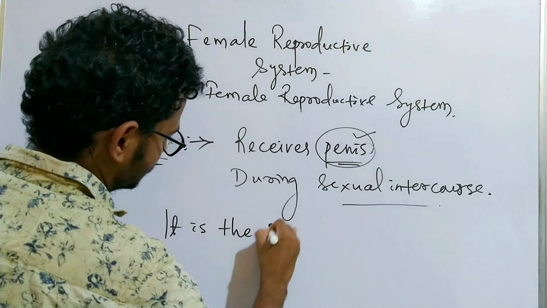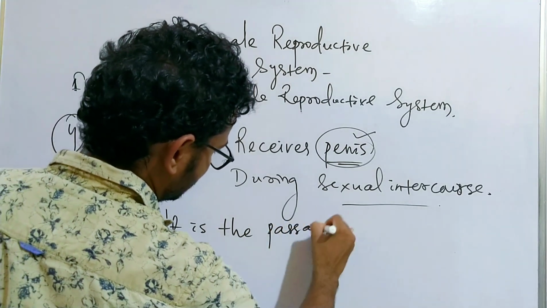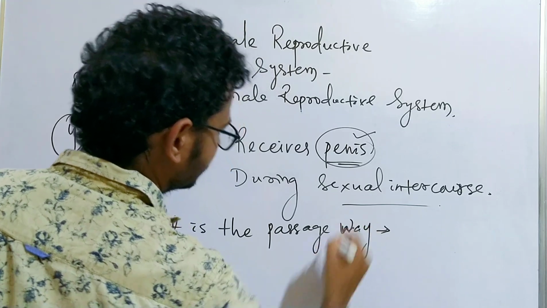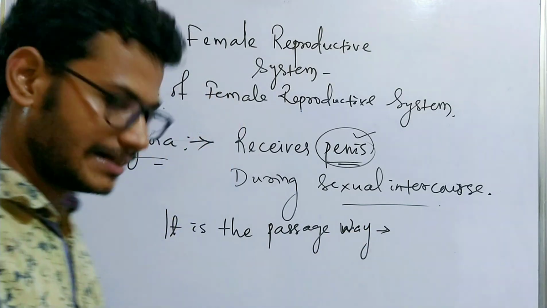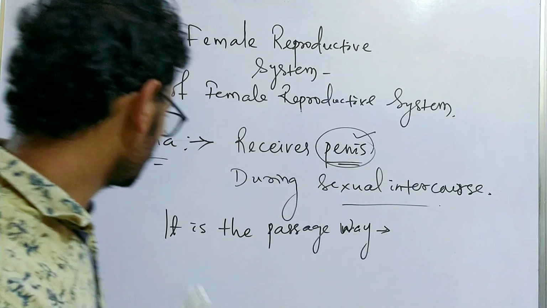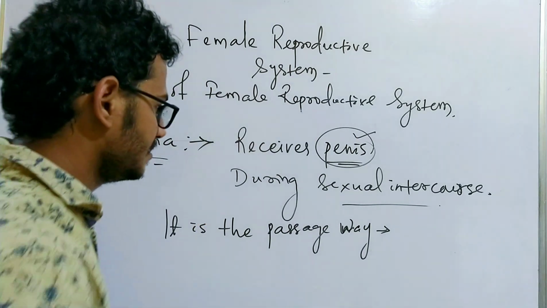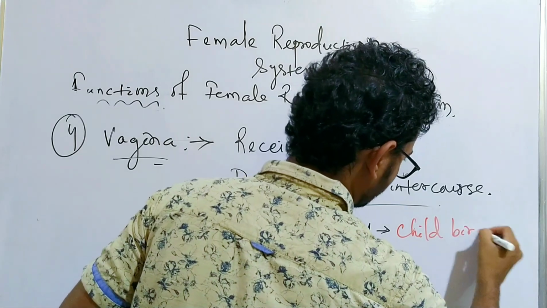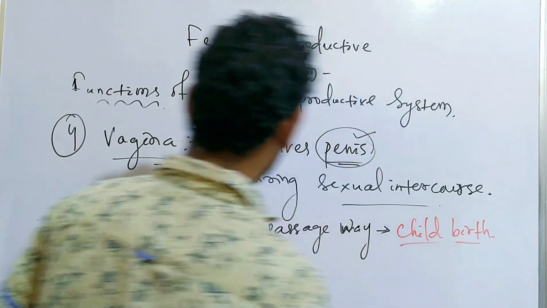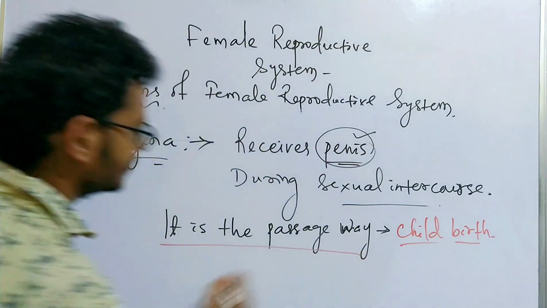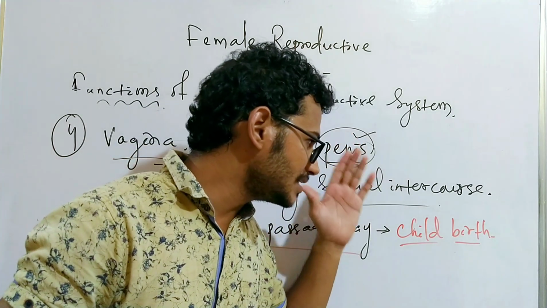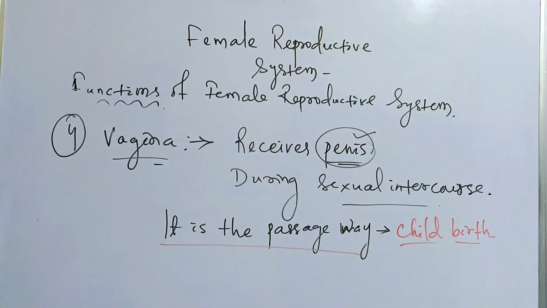Through this way, the child comes out after it gets mature. During childbirth, it acts like a way through which the mature, well-developed child comes out from the mother's